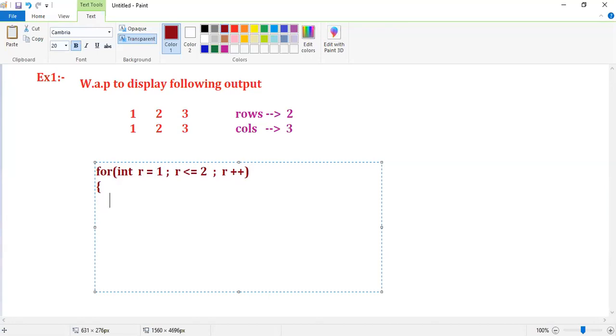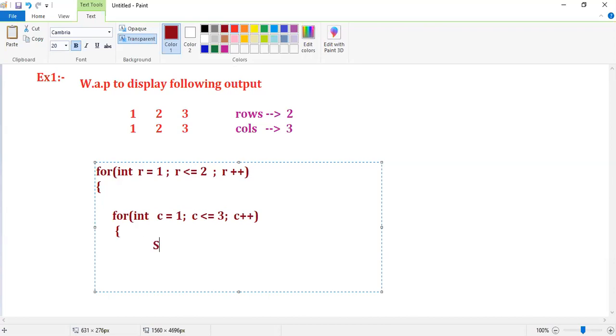The first one is for the sake of rows. The second one is for int column = 1; column <= 3, since we have 3 columns, right? Column plus plus. Always observe: row plus plus, then column plus plus.